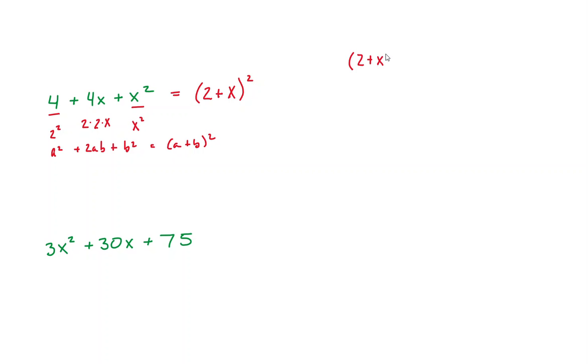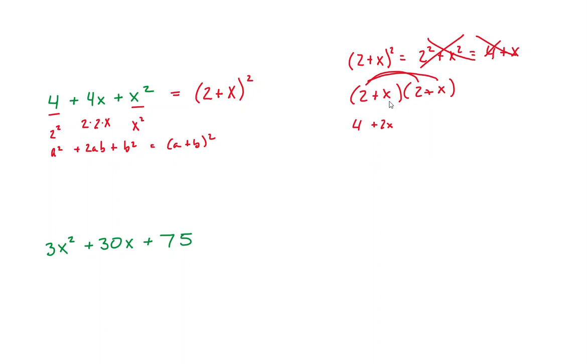Now let's check it. (2 plus x) squared. Remember, the big mistake everybody makes is saying, well, that's equal to 2 squared plus x squared, which is 4 plus x squared. That is not right. That's not the way it works. Instead, it is (2 plus x) times (2 plus x). You FOIL. 2 times 2 is 4. 2 times x is 2x. x times 2 is 2x also, and x times x is x squared. The middle two terms can be combined. 2x plus 2x is 4x, so we have 4 plus 4x plus x squared, which is